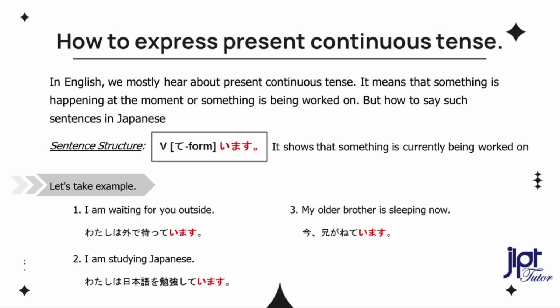I am waiting for you outside. 私は外で待っています。 I am studying Japanese. 私は日本語を勉強しています。 My older brother is sleeping now. 今、兄が寝ています。